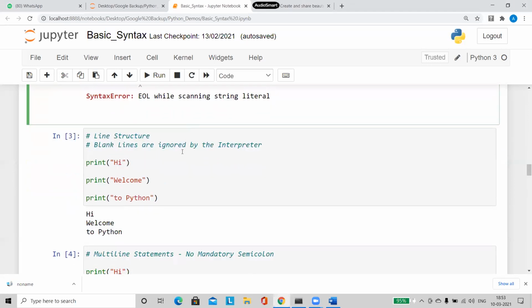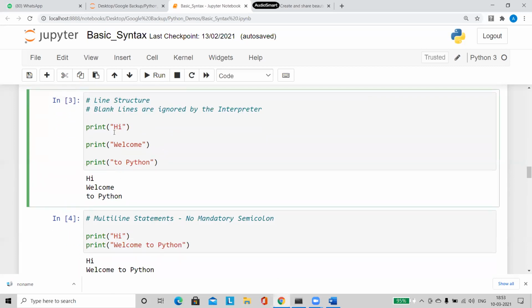Right. And I already told you about one thing: every print statement is going to get printed in a separate line. I discussed this yesterday when I was telling you about print. Now, one more point is that the spaces you leave are going to be ignored.